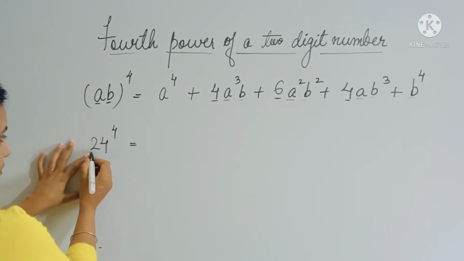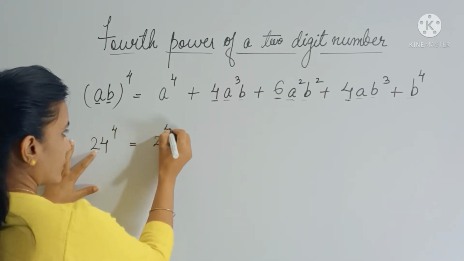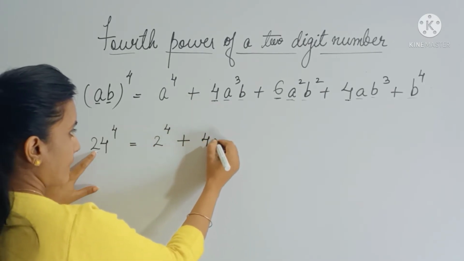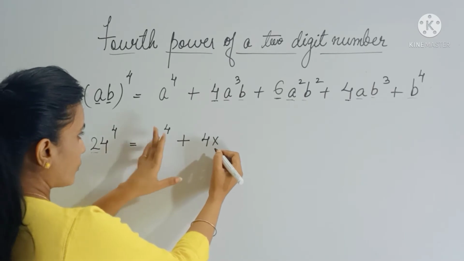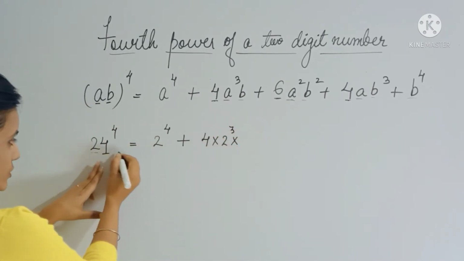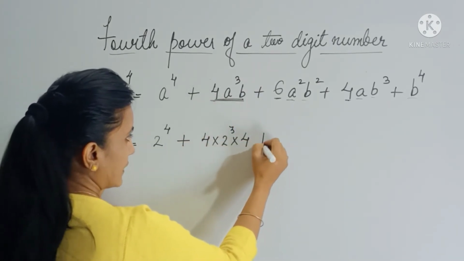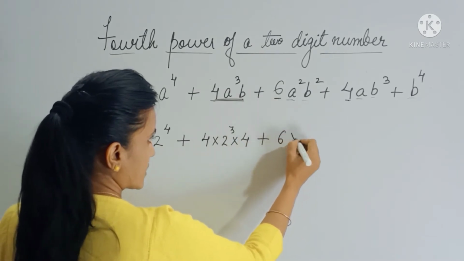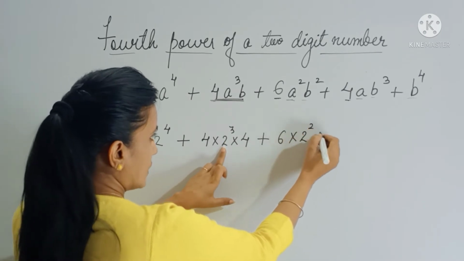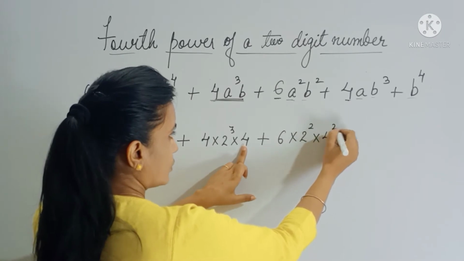So this first number here is 2, right? What you will do is 2 power 4, correct? Plus, then you have to write 4 multiply. Now the 2 power 4 decreases, so 2 power 3, and we introduce the second digit, which is 4, correct? Whatever is here, the same thing I have copied here. Next you have to write 6, so 6 multiply. Now you have 2 power 3, so 2 power 2, and this is B, right? So this increases, so you have 4 power 2 here.